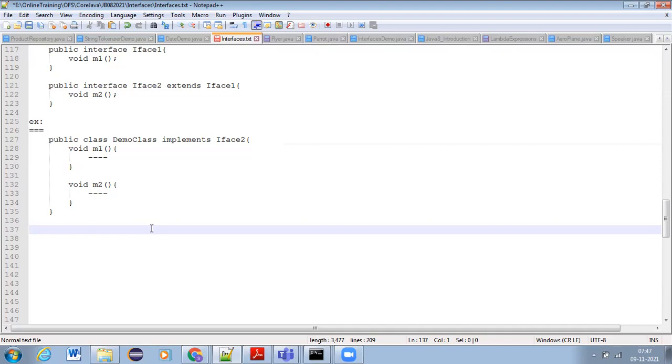Now, we can even combine class and interface inheritance in a single class.